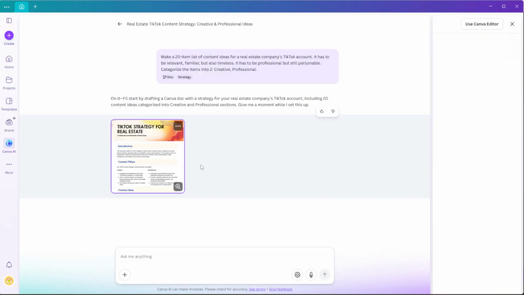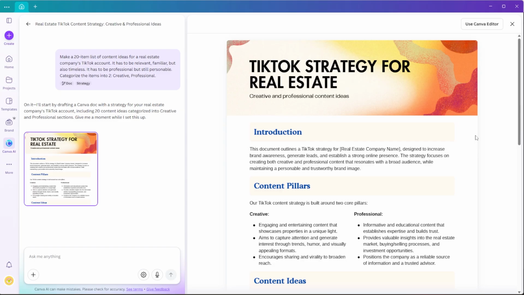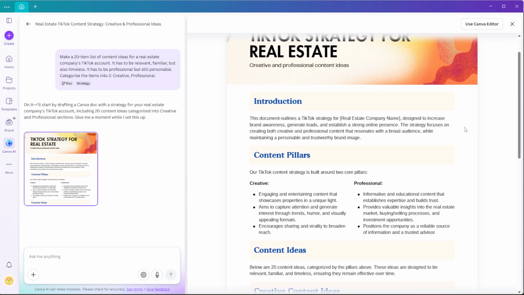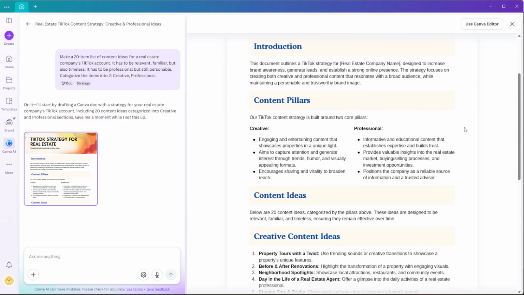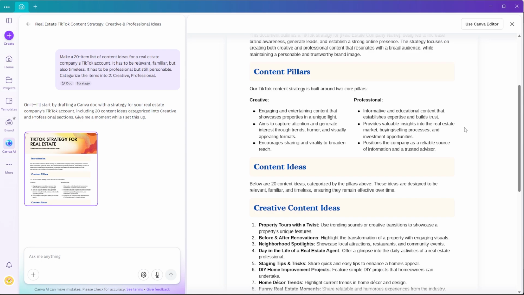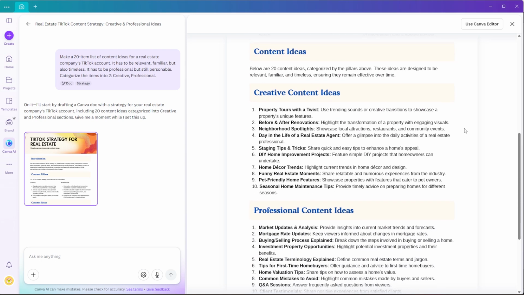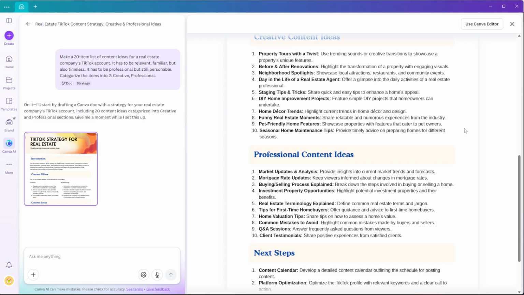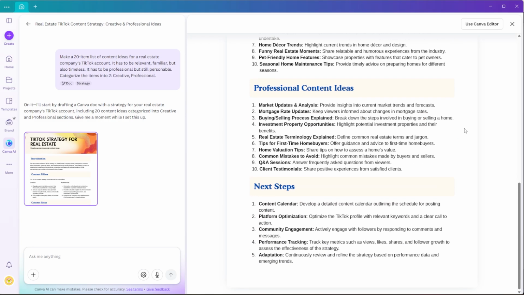Now click on the response to view your content ideas in a clean document-style layout. Canva Magic Write will often provide multiple ideas, along with tips and a brief breakdown explaining how or why the ideas work. And if you're happy with the results, you can use the ideas to plan your content calendar, turn them into social media posts, videos, or blogs, save them for future campaigns, or share them with your team or